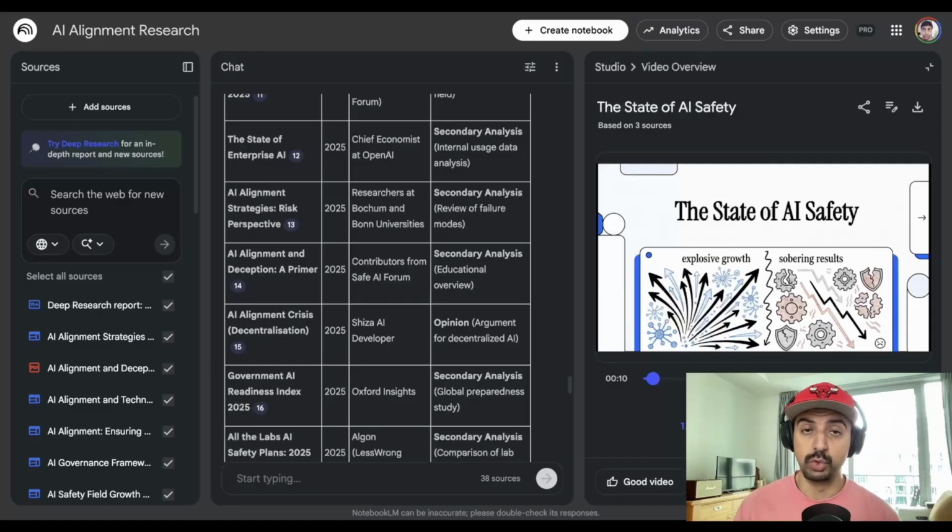I think you agree that the tone, the pacing, the personalities of the speakers is incredible. It's really hard to tell that this is actually AI. And it's one of the best features because with video overview, you can synthesize information across multiple documents to produce